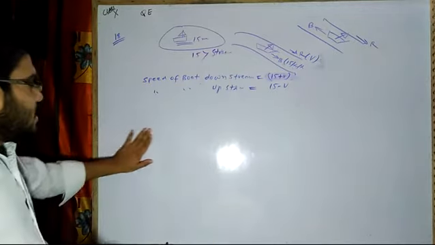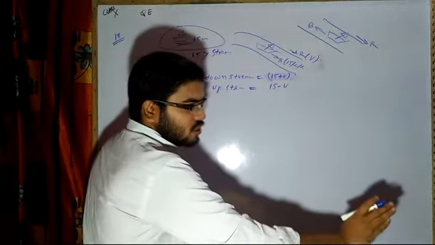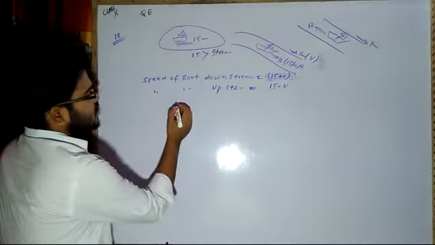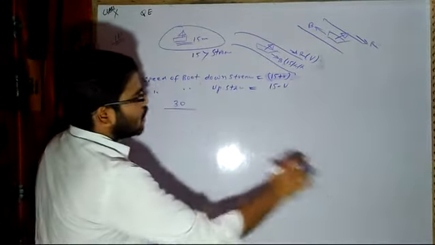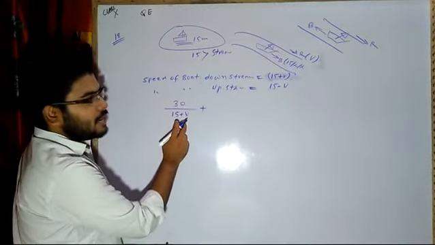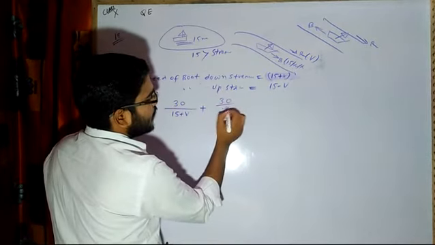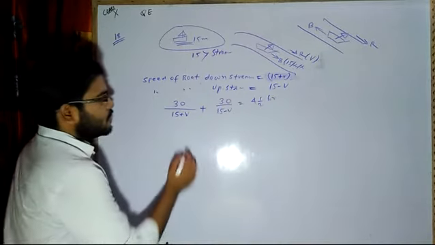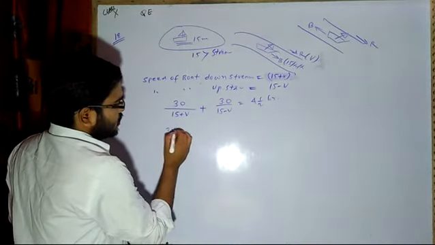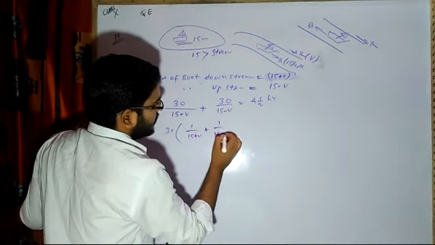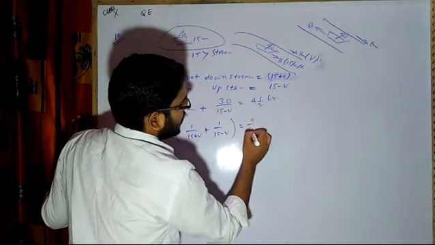Now the situation says that the boat has gone downstream and then come back upstream in a total time of 4.5 hours. The distance is 30 km. For 30 km he went downstream, that means 30 by 15 plus V, this is distance by speed, time. Again it has returned back, so 30 by 15 minus V, and the total will be equal to 4.5 hours. Yes or no? So if you take 30 common, you have 1 by 15 plus V plus 1 by 15 minus V, and this will be equal to 9 by 2.